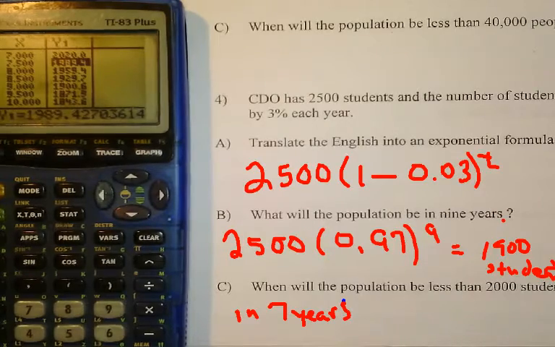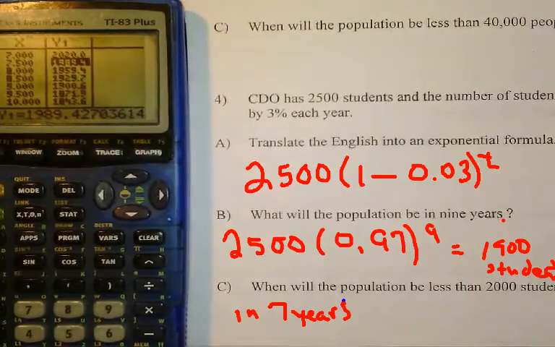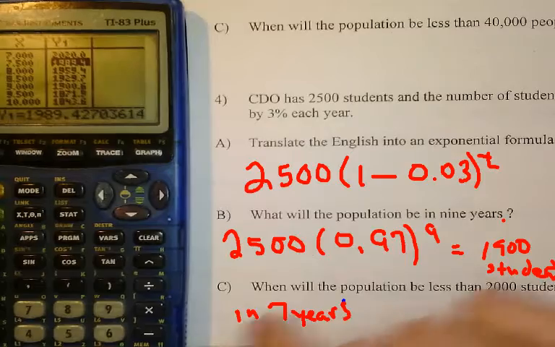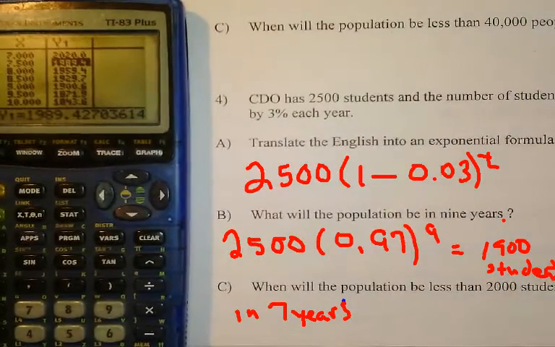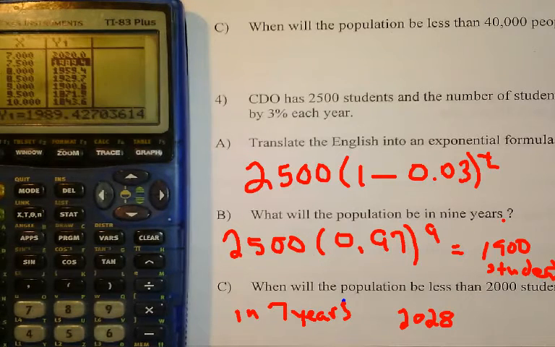Now, if we're in 2021, right? 2021 minus 7 would be, no, 2021 plus 7. It would be in the year 2028. Right? What year will the population be less than 2,000? In the year 2028. If it keeps decreasing, just like it has been, then 7 years from today, it'll be,